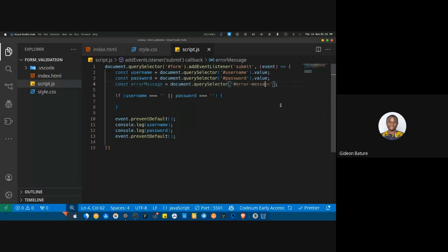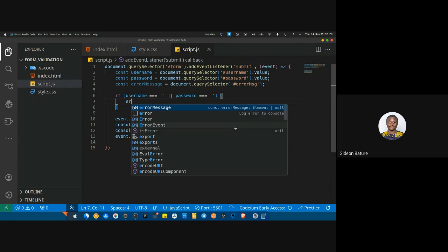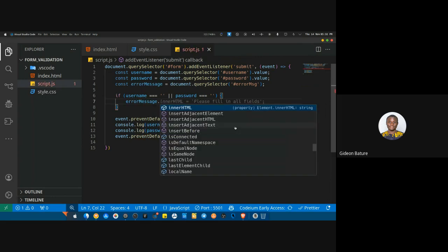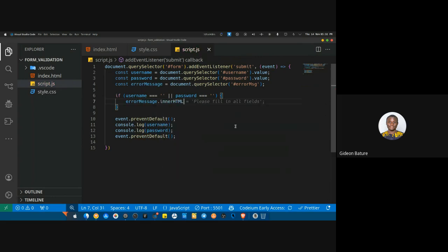No, this is not the name I gave it, it is error MSG. So we have gotten this particular one. Now, what we want it to do is that if this is this, error message dot inner HTML should now tell us,